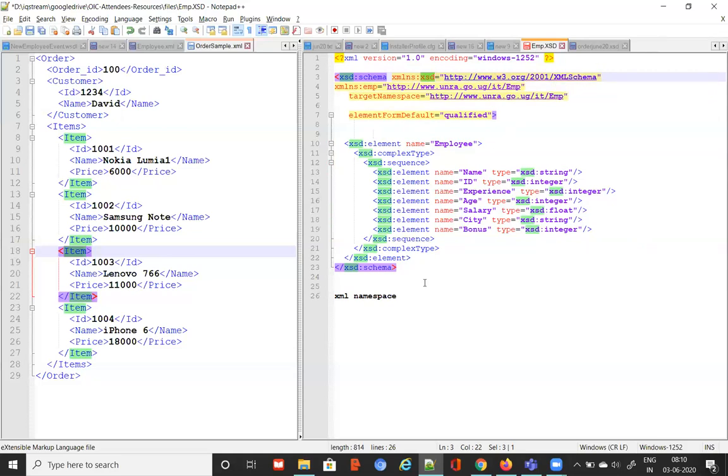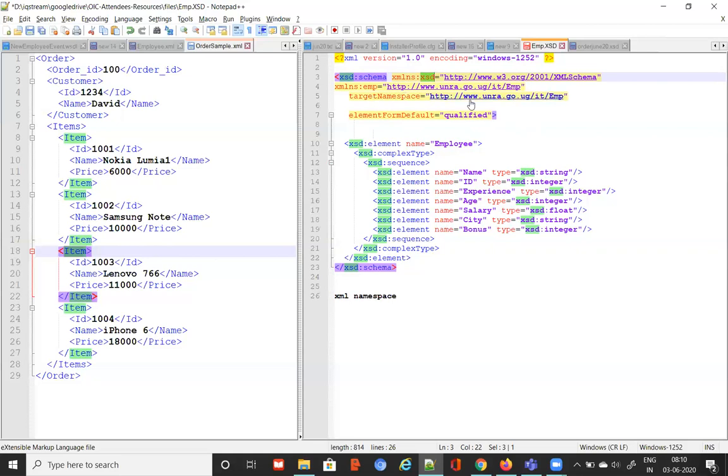But now you are writing an XSD because some XML will refer to this, or another XSD can also refer to this if they want to extend. In those cases, they are going to refer using this namespace. That namespace you are assigning here to your XSD.